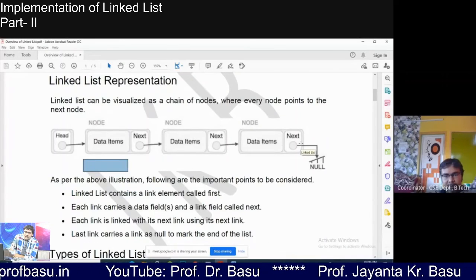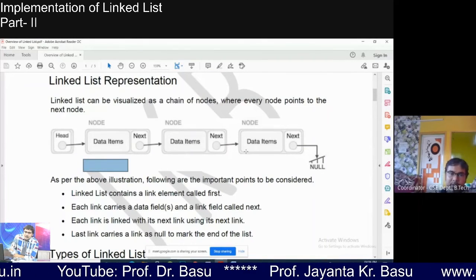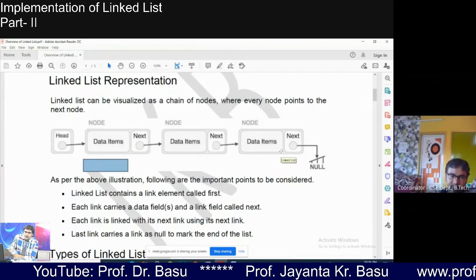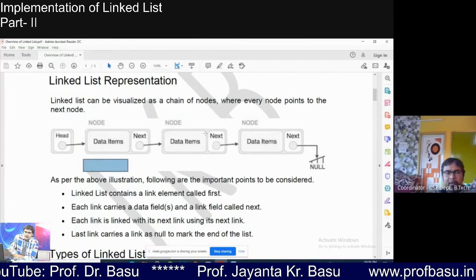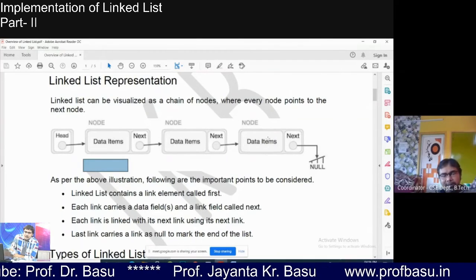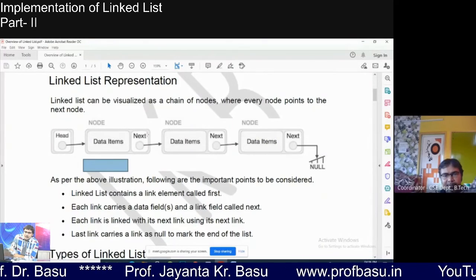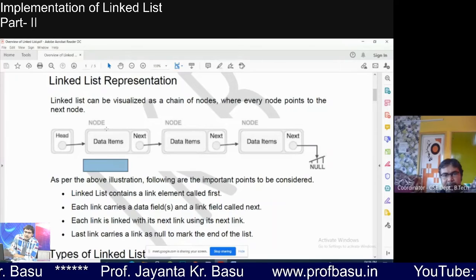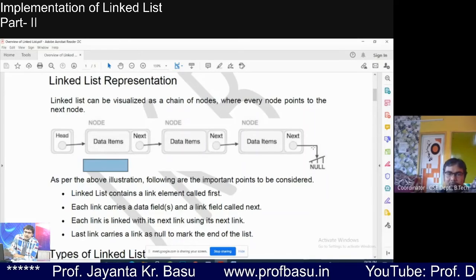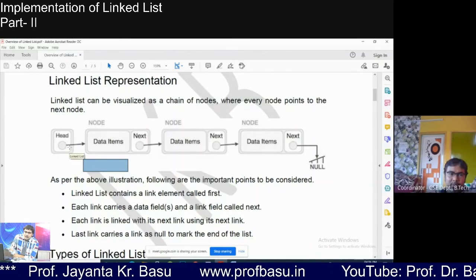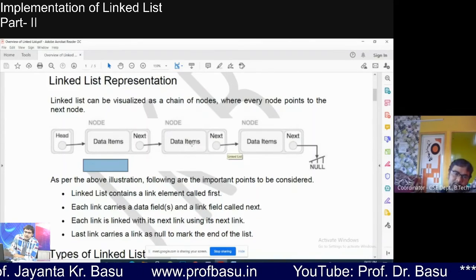Whatever the information, we have to traverse from the beginning always. This you can say is a disadvantage of a linked list, because in an array, through the index number, we can access that element directly. Here there is no way. This is the only way out. You have to start from the beginning and reach that particular place, right?